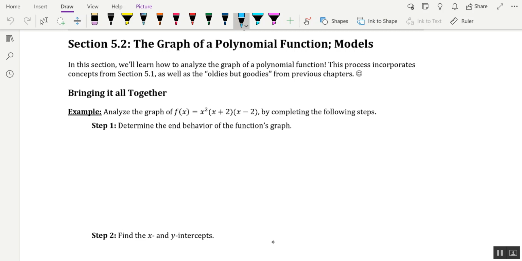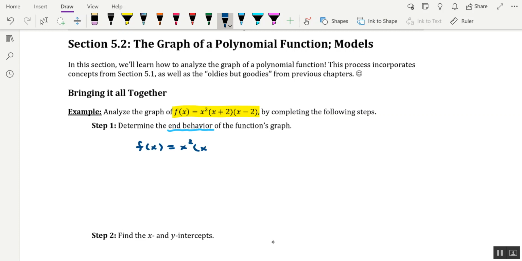It's Mr. C here. In this video, we're going to analyze the graph of a polynomial function. The function we're going to be using is somewhat of a partially factored form of f of x. And in step 1, we're actually going to want to multiply everything out to get the standard form because they're requesting us to determine the end behavior of the function's graph. So without further ado,